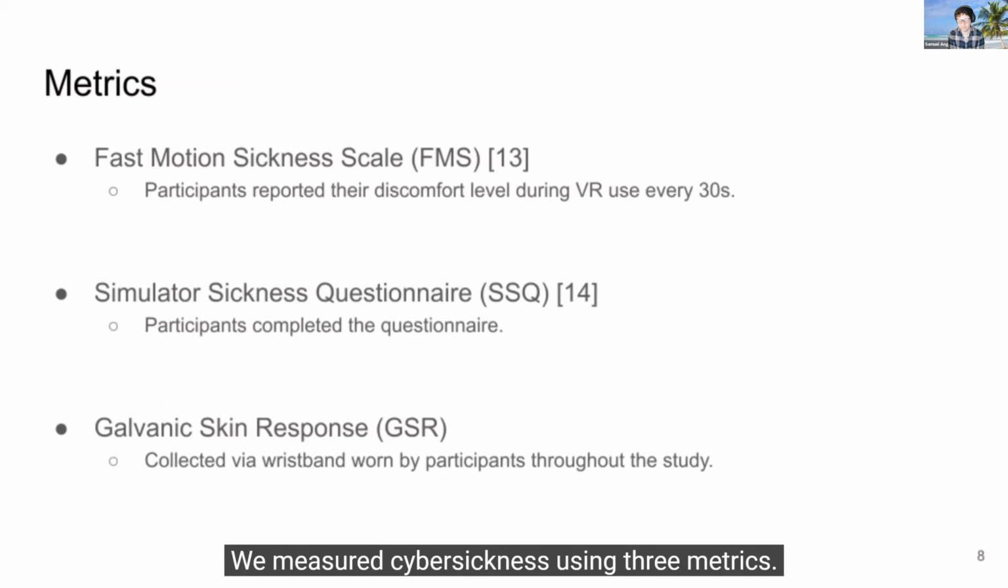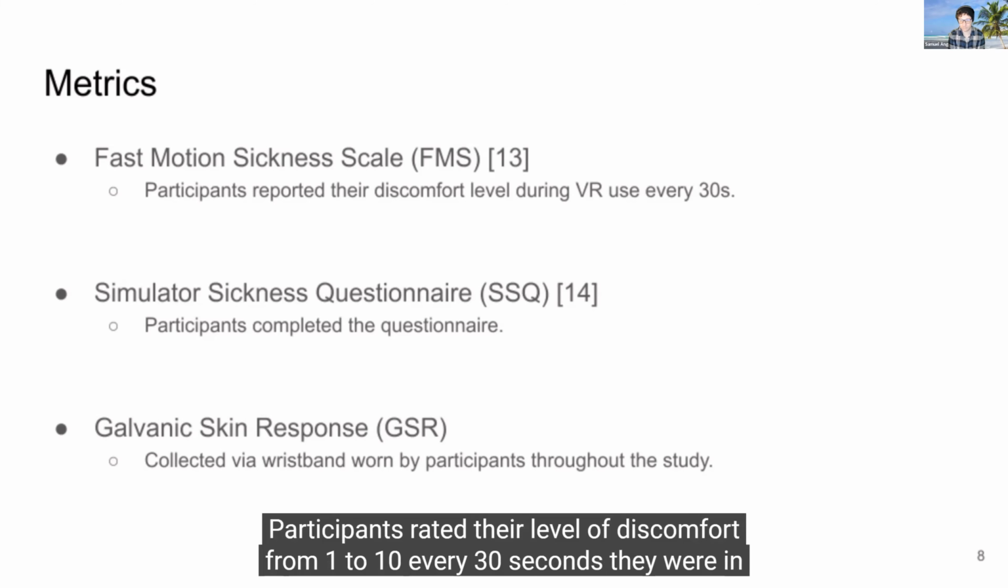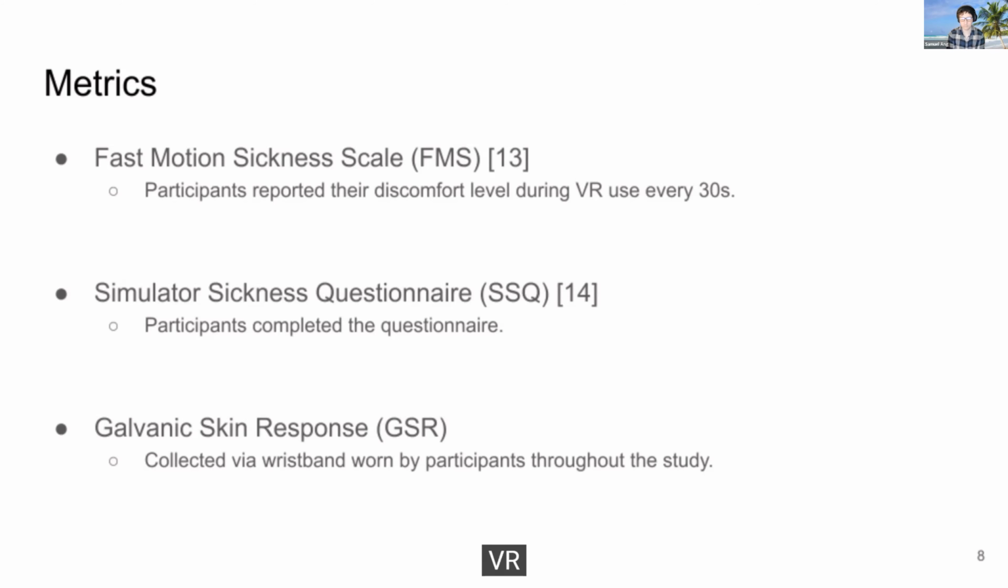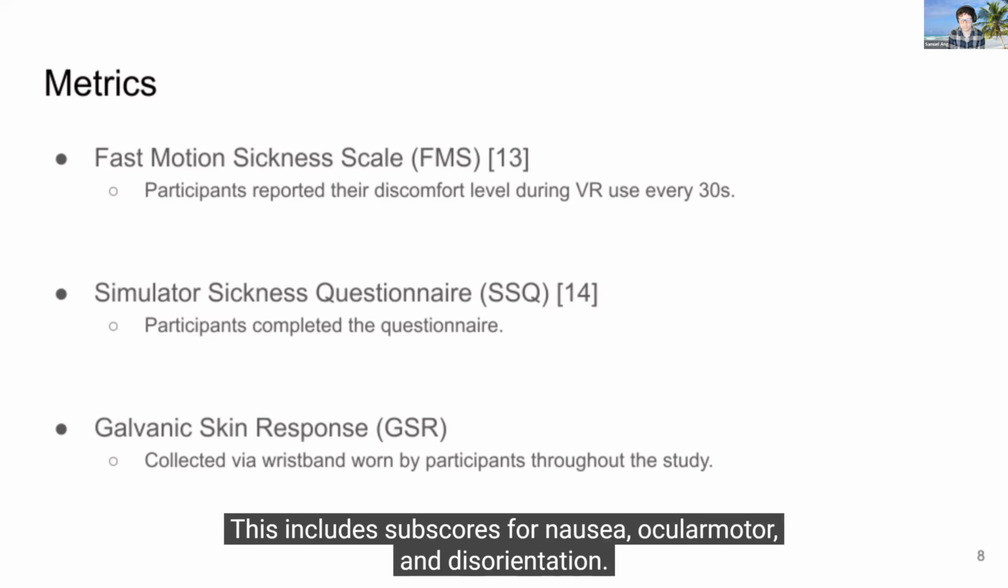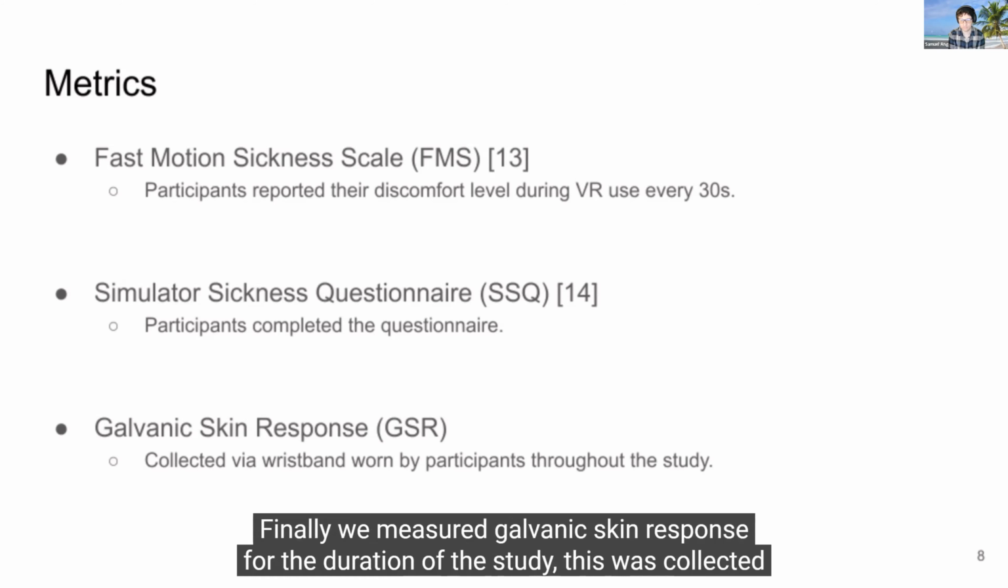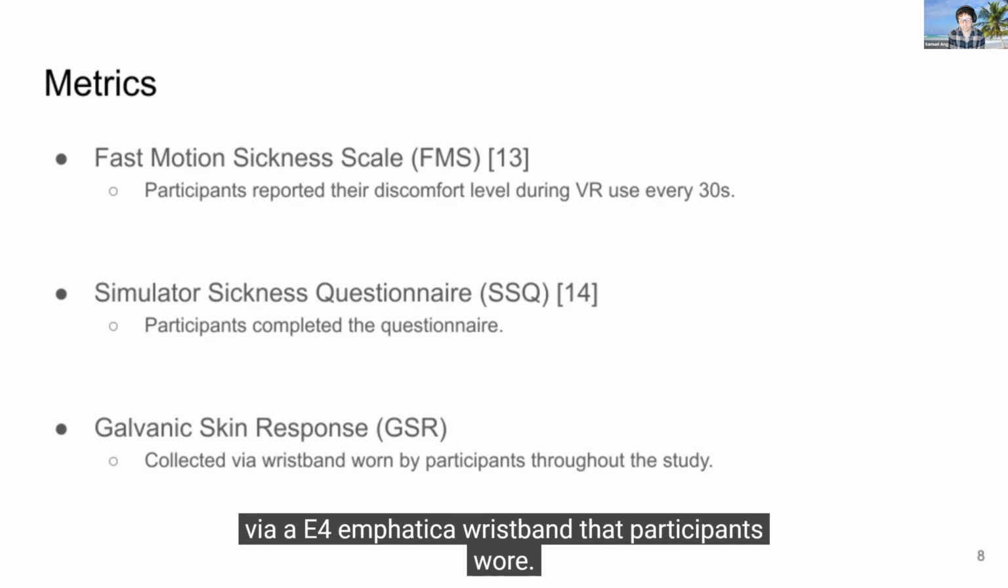We measured cybersickness using 3 metrics. First was the fast motion sickness scale. Participants rated their level of discomfort from 1 to 10 every 30 seconds they were in VR. Next is the simulator sickness questionnaire. Participants completed one of these after each VR session. The questionnaire includes subscores for nausea, ocular motor, and disorientation issues. Finally, we measured galvanic skin response. For the duration of the study, this was collected via an E4 Empatica wristband that participants wore the entire time